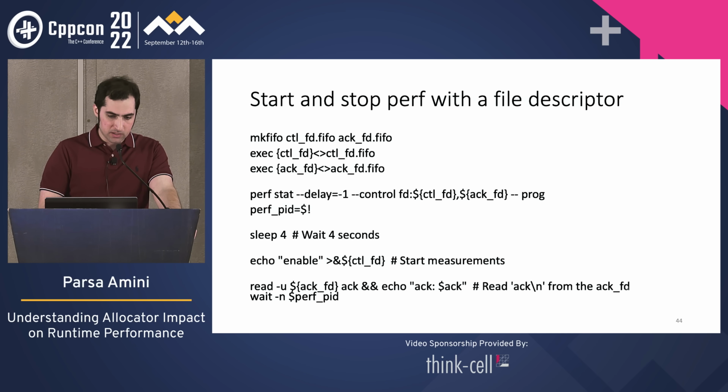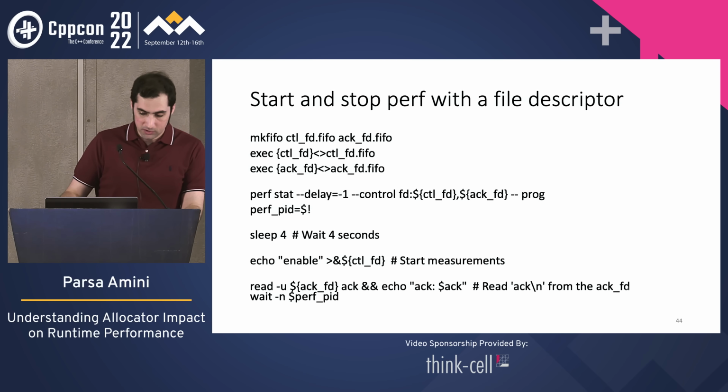And if that was too abstract in the case of perf, this is a bash example just to show the concept of starting and stopping perf. We create two pipes, and we're using pipes because that's what we saw inside perf's source code being accessed. And we notice there's documentation for this. Then we launch perf. We say do not start any measurements with delay equals -1. We pass --control-fd. We pass in the file descriptors for those pipes, run normally, and then